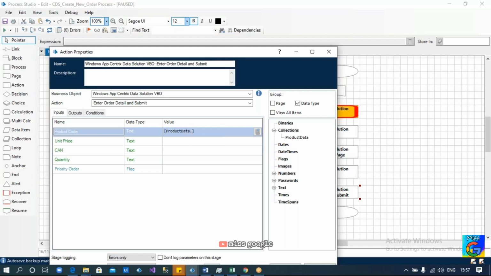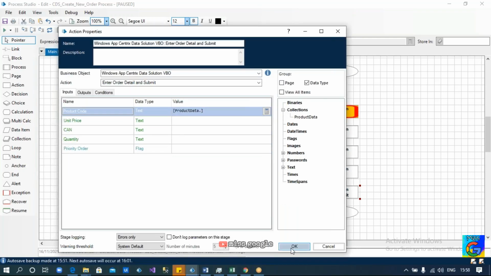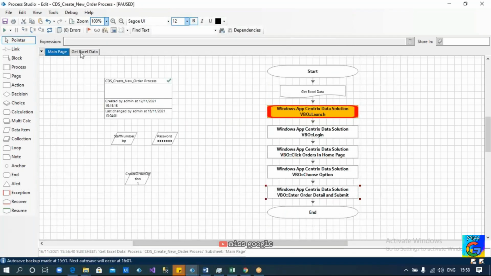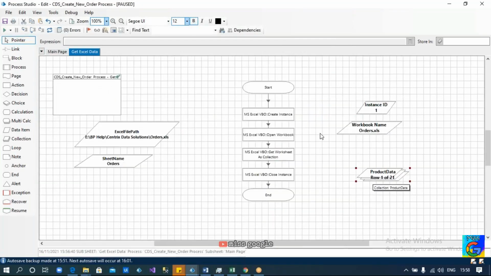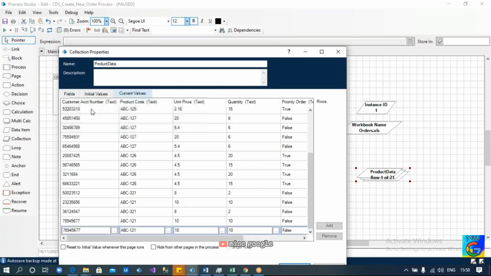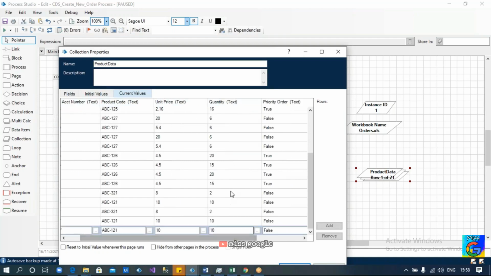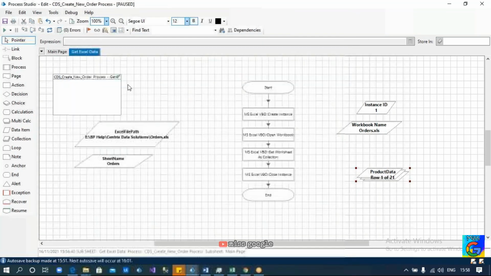Product data dot. Let us see what are the field names we have here. We need to give proper field names, otherwise it will throw an error. Product code, unit price, customer account number, quantity, and priority order. Okay, let's come back